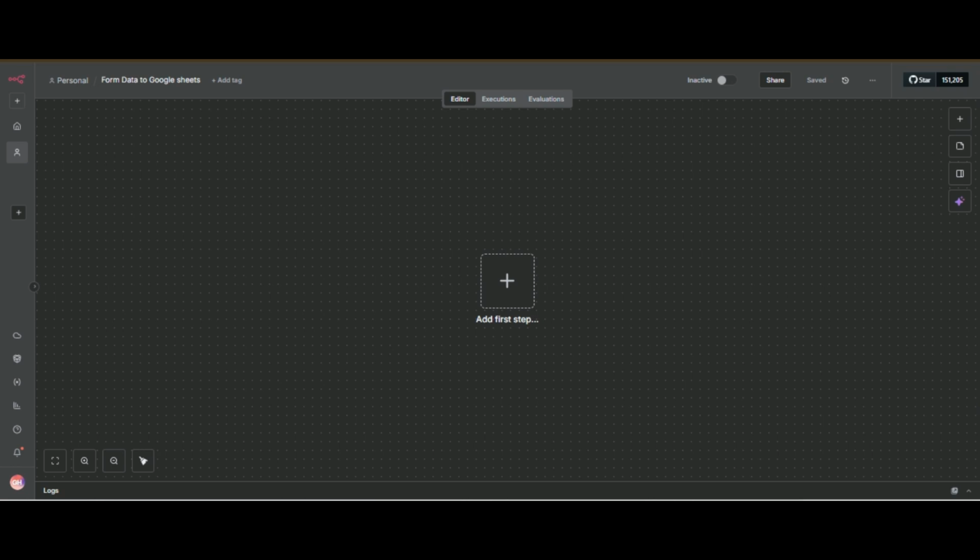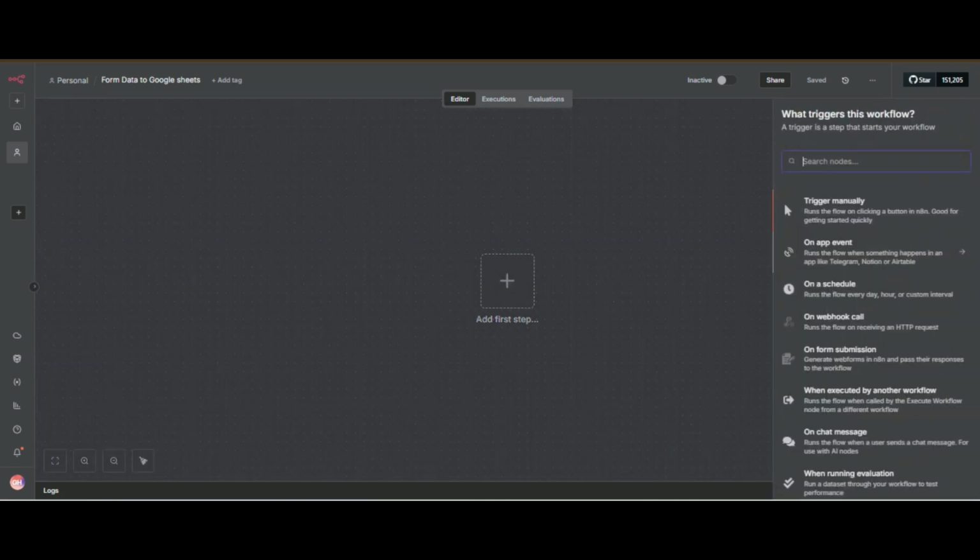So it's like when a user fills the form, we want to save all the information to our database. So first we need to add form submission. So I click on form trigger, and you can see there is an on form submission. So I click on this.